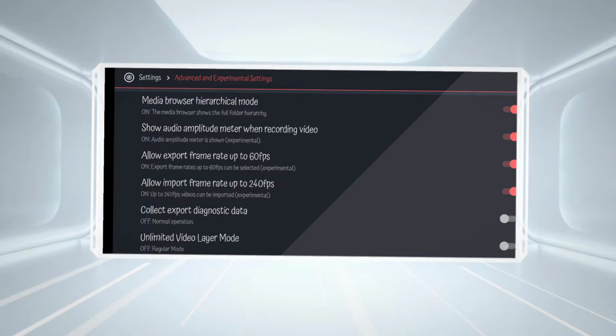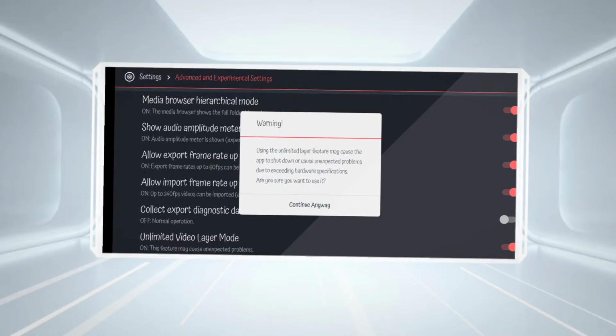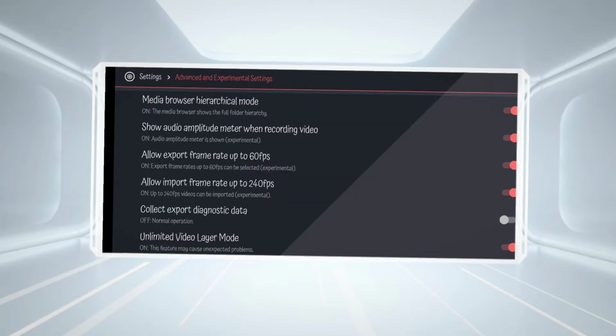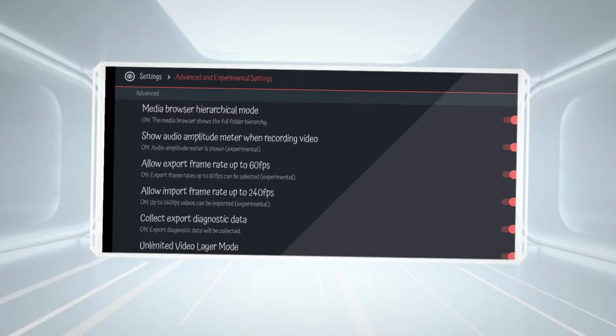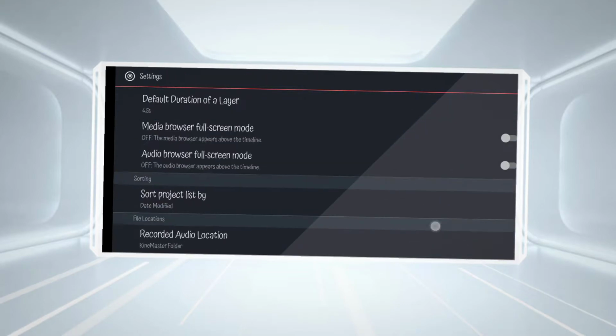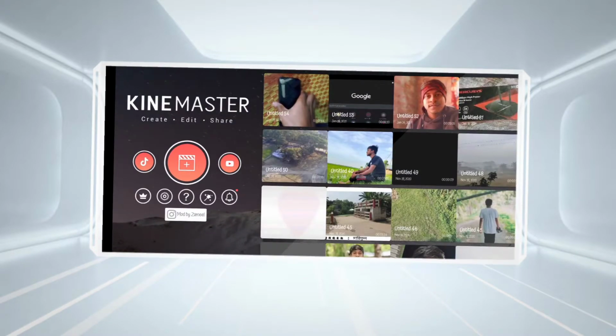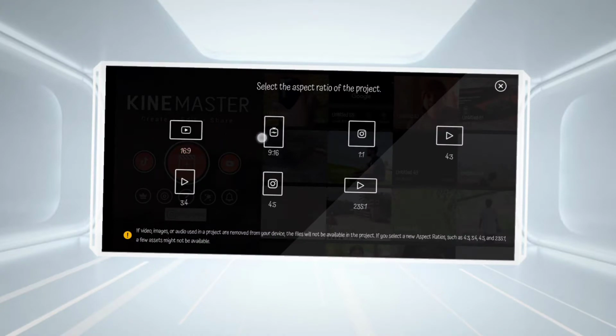Allow import frame up to 2, this continue and unlimited retailer mode. Okay, then there are a lot of frames which you want.